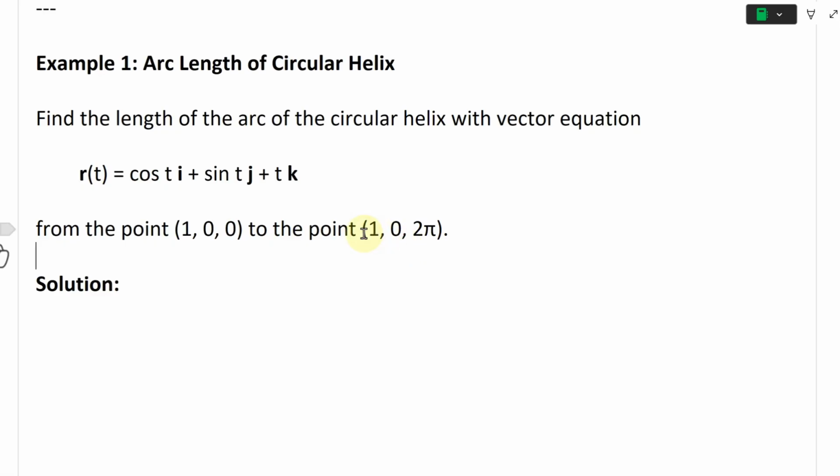So in other words, one thing to notice here, this is the z component, this is the z component, this is the z component. So it's saying from t equals 0 to t equals 2 pi. So basically we're going from the parameter t equals 0 to t equals 2 pi. So solution, so since